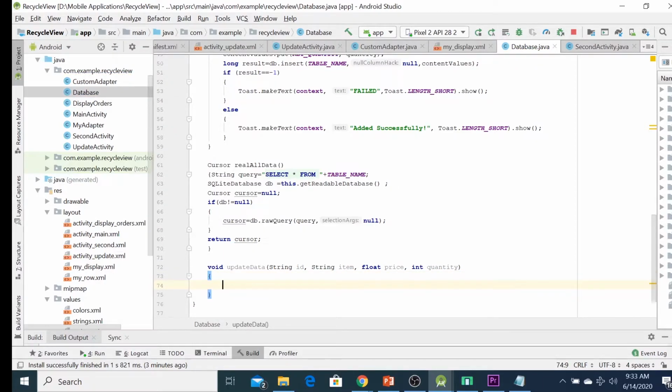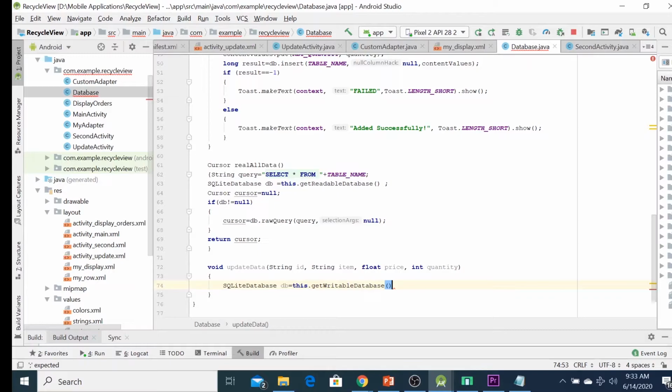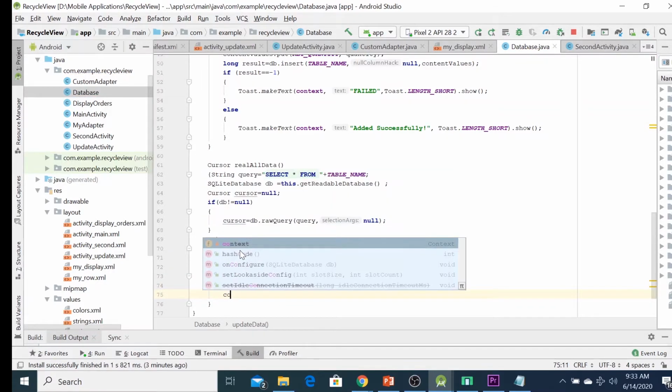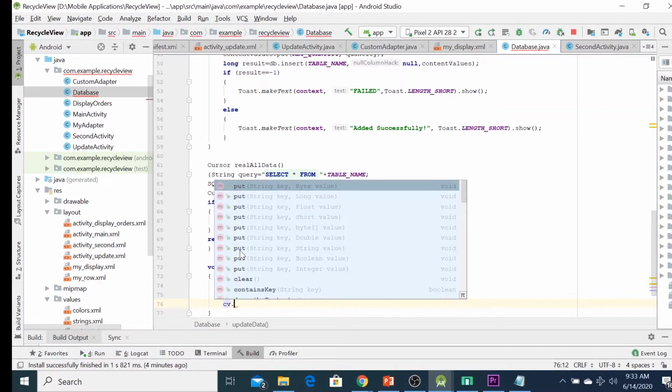Okay, now we have to create the SQLite database, yeah. db equal to this dot get table, okay, and the content value, for example, cv dot new content value. Okay, then we have to put the data, so we can type cv dot put